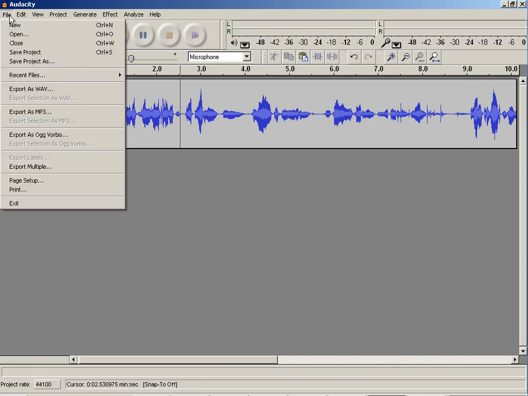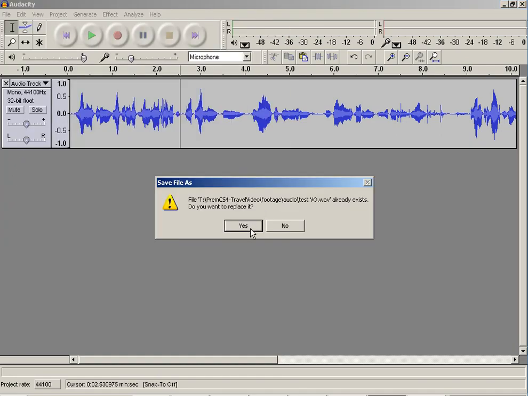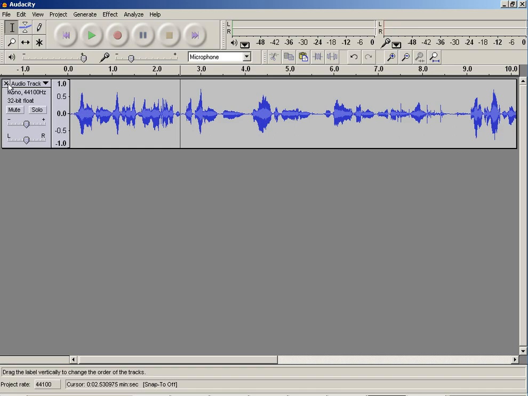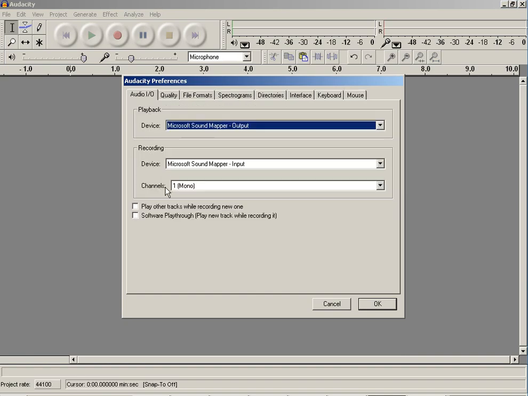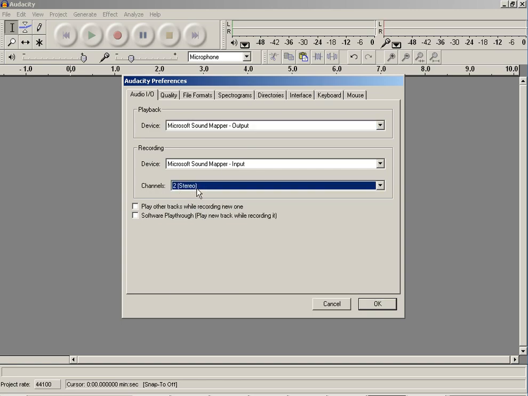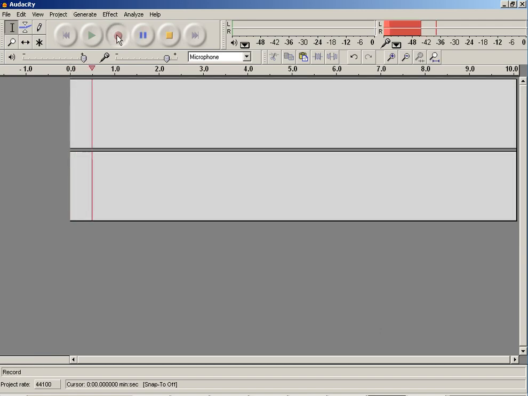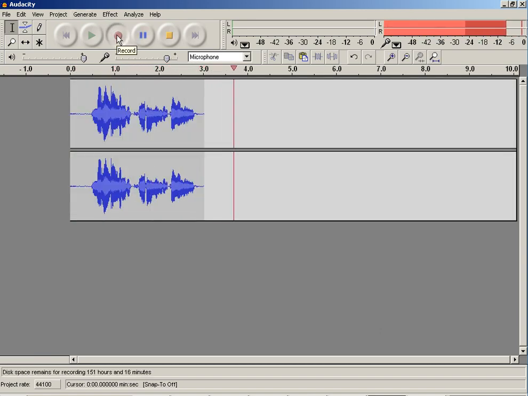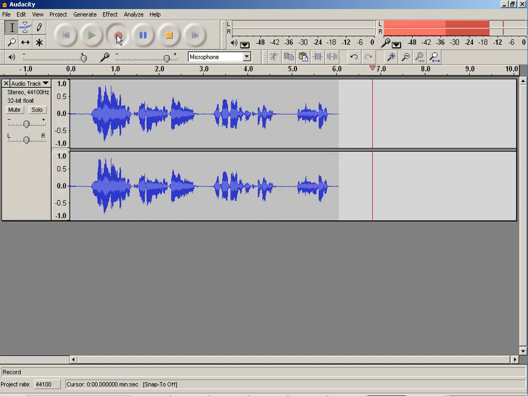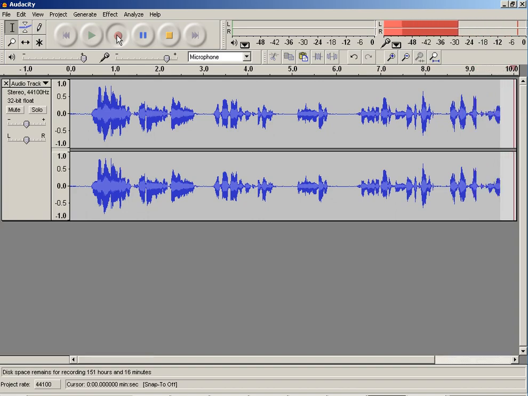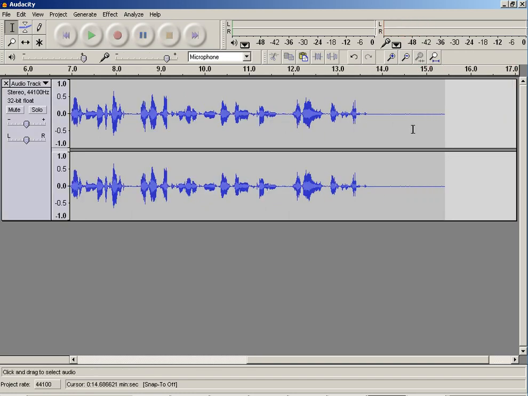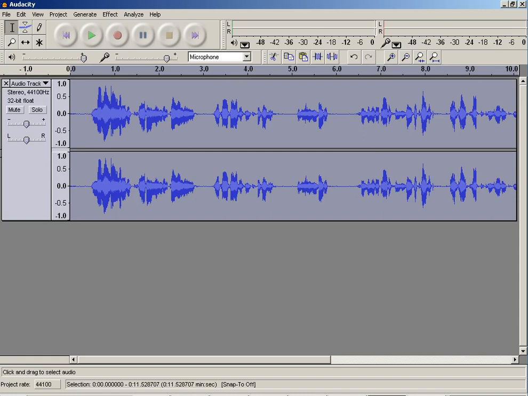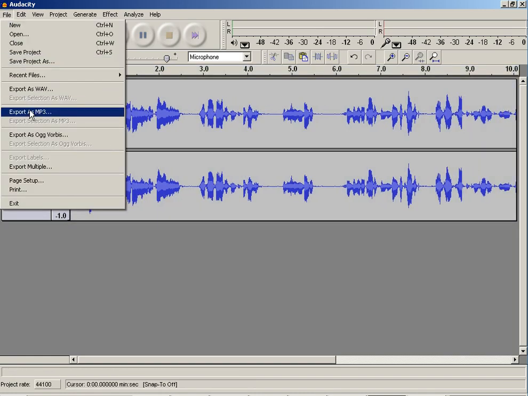I can now save this, and I'm going to go over my test VO I already made. Now I can go to my settings before I actually record, preferences, let's see, input, output, and what we can do here is change this to 2 channels, so we'll actually be recording with 2 channels. Now I am recording in stereo with Audacity to begin with, which is even better. It's even a smarter thing to do because I don't have to convert it in a third-party application to stereo after the fact. So now that's done, I've got my stereo audio here. I can edit it, export my wave,